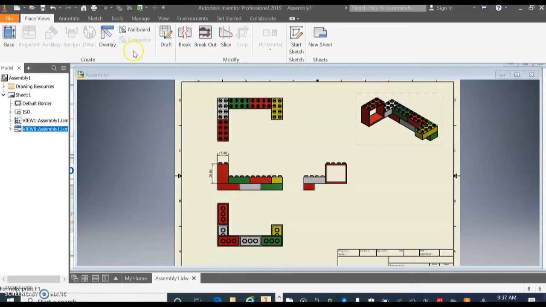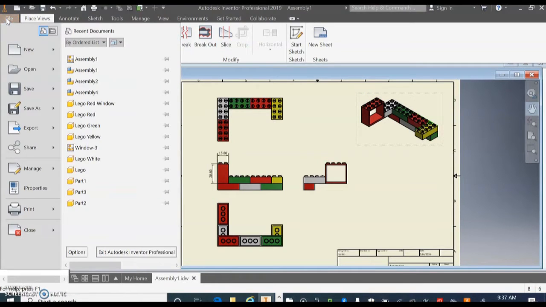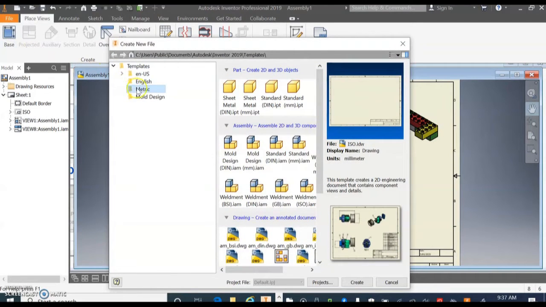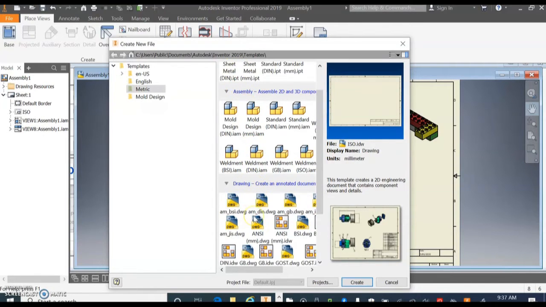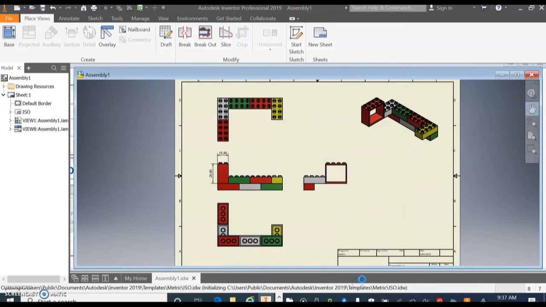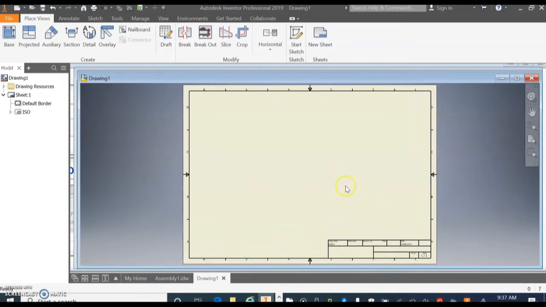So the first step is to come through, we go File, we go New, and within metric, now we've already done our part, we've turned it into an assembly. We now need to go right down the bottom to where we've got drawing. Okay, now we want the iso.idw. We're going to create. And then from here,